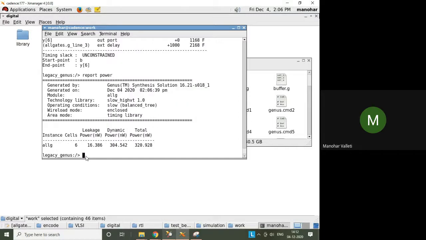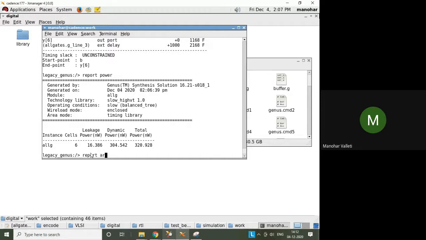Output power: you clearly observed previously you got 520 something. Now you see the optimization in your power. This total power is a combination of leakage power and dynamic power. Power you got is 320, previously around 520. Now you got less power. Any design should take less power, right?